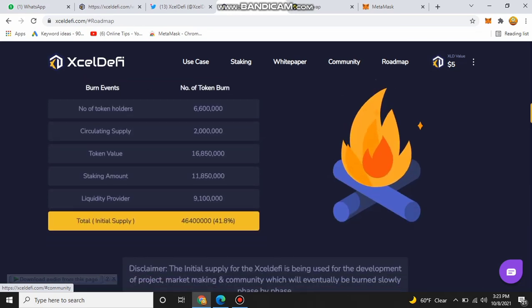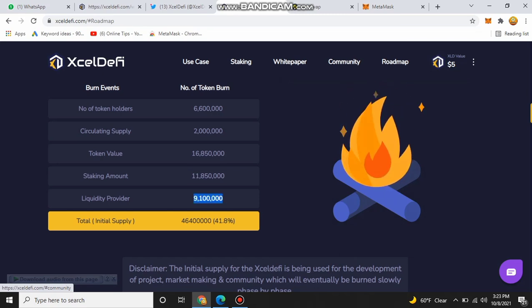After this you can see their burn events. The number of token holders is mentioned here, circulating supply is also mentioned, and token value is also mentioned. You can see the token supply, the token value, which is 16,850, and their staking amount is 11,008. This is their complete staking amount, and their liquidity is also mentioned.